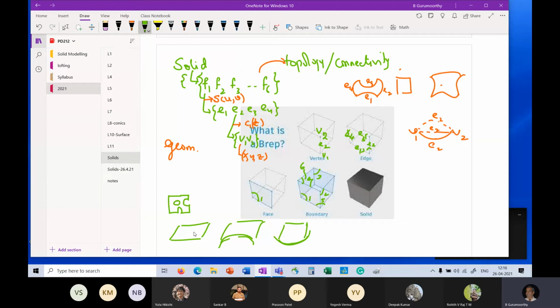And you will get different shapes. Here you will get a planar surface which has this form. Here you get a curved surface which has this form, and here you have a slightly differently curved surface which has a form like that. So geometry is varying here, right? And this is the same topology.